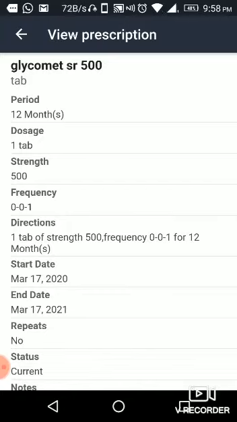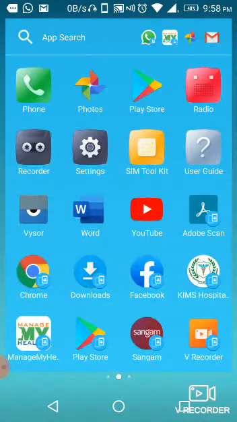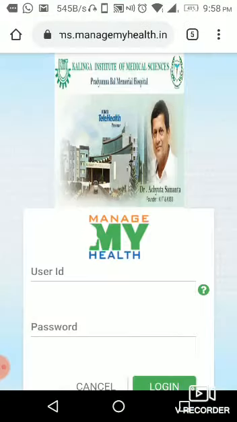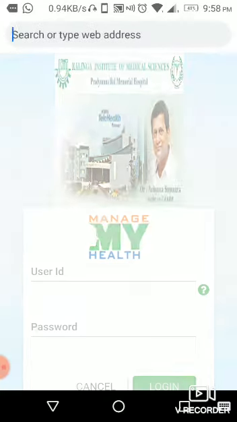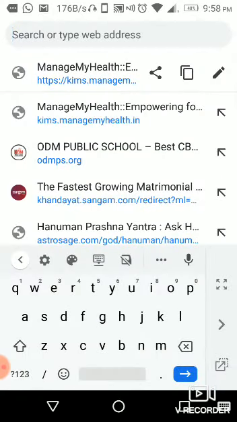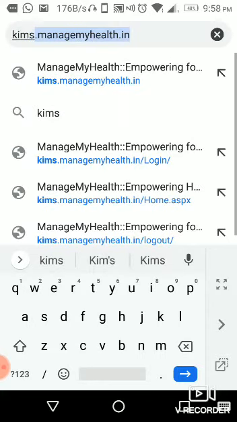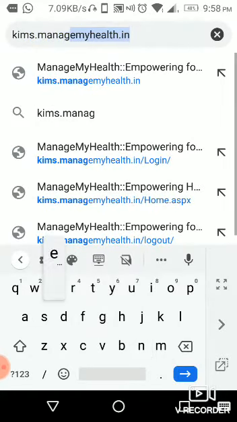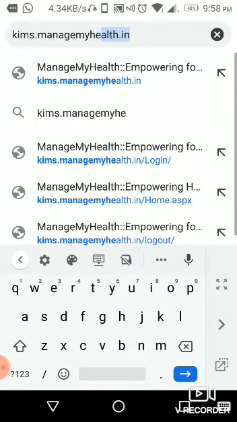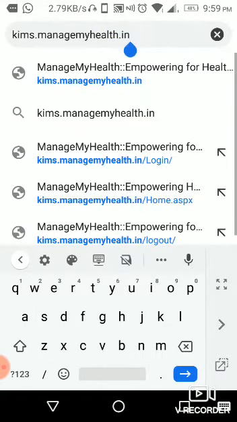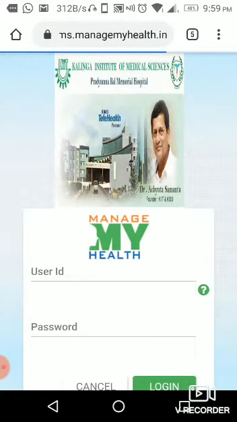After this, if you want to get the clinical note like the digital e-prescription, you need to go to any browser and write kims.managemyhealth.in.